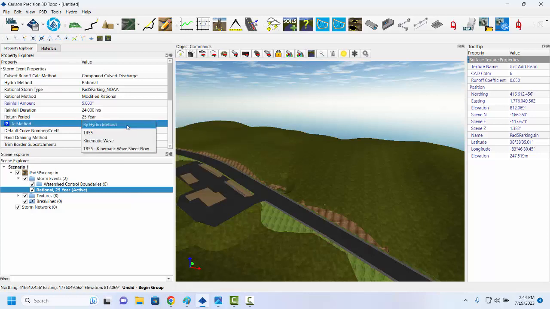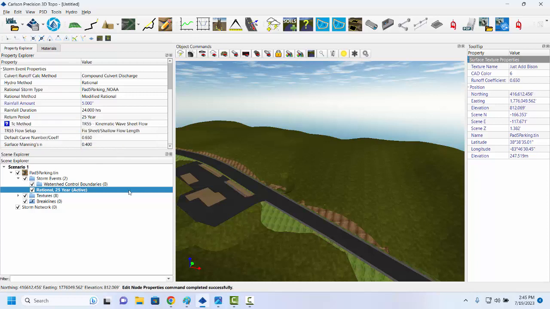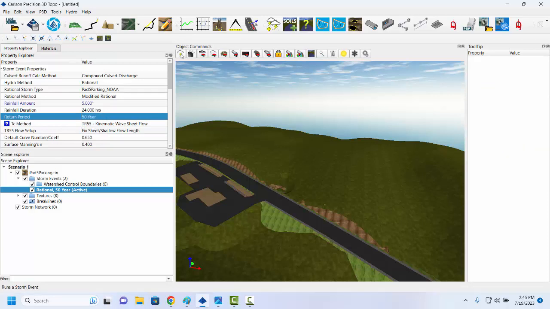You can pull this down, and the method that is recommended, for example, by the Kentucky Transportation Cabinet for Kentucky is using TR55 for shallow concentrated and channel flow, and kinematic wave for the sheet flow portion. So we're going to set that up. If you wanted to examine a 50-year storm, pull this option down, the return period, and now you can actually run the storm,